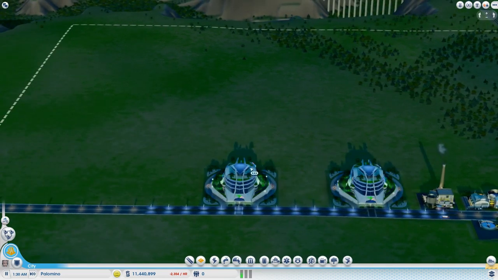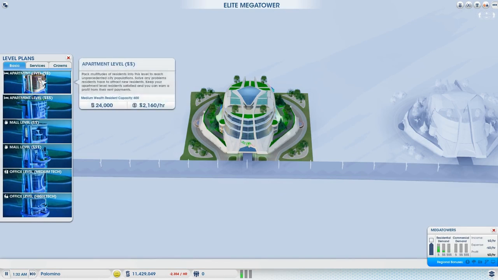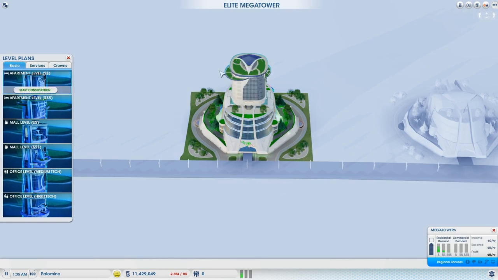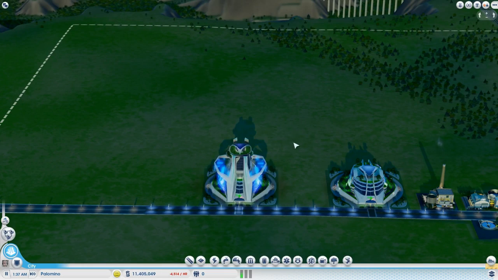But first, we're going to go in and build residence, medium wealth apartments. Okay, so it says residence capacity of 600. We'll place that there, start construction, and we'll just finish construction because we're in sandbox mode. So now if we go here,